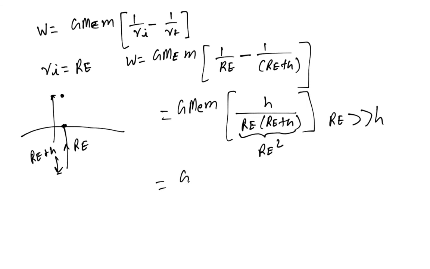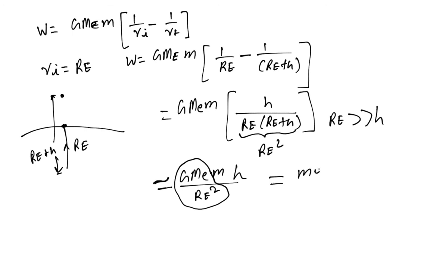So that gives you GMe m, very close to, Re squared times H. And you might have identified by this time this is nothing but small g. So this is nothing but mgh,